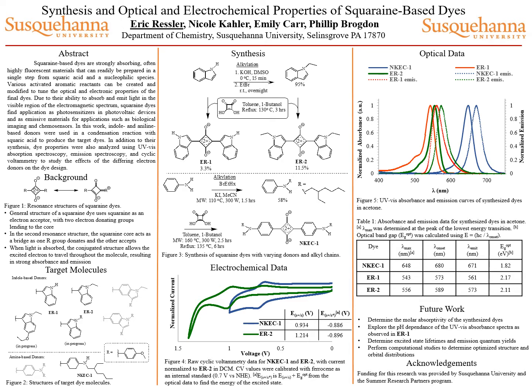NKEC1 was the most redshifted dye with a maximum absorption wavelength of 648 nanometers. Lambda onsets were calculated with a tangent line pointed down the absorbance curve on the low energy side. The optical band gap was calculated using lambda onset and used to determine the energy of the excited state oxidation potentials. Future work on this project includes the determination of the molar absorptivity, excited state lifetimes, and emission quantum yields,